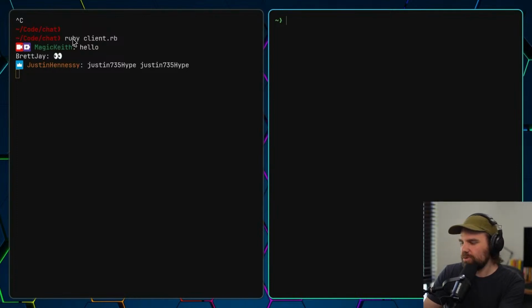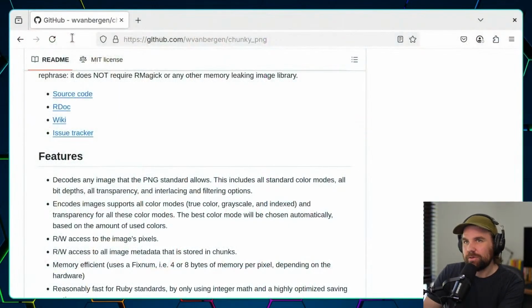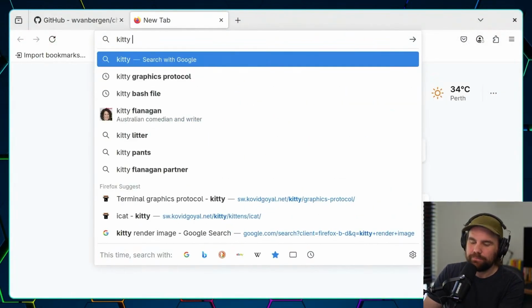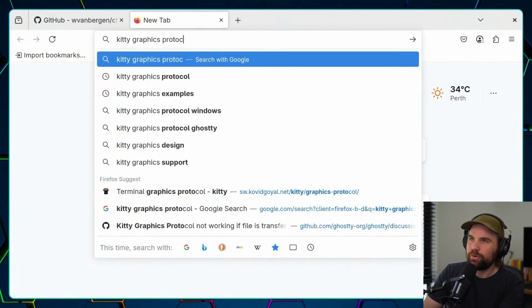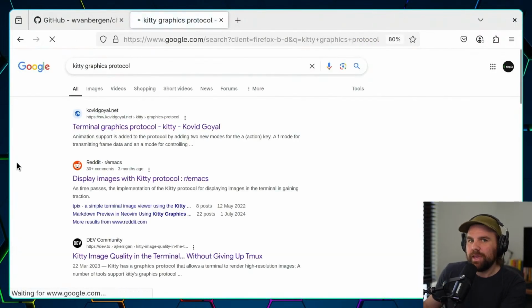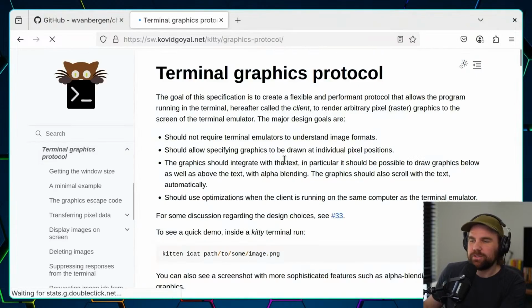Now, the reason it was so annoying was that I was trying to learn this thing called the Kitty graphics protocol. And this is where Chunky PNG comes in.